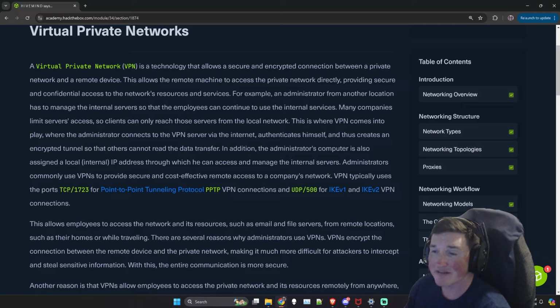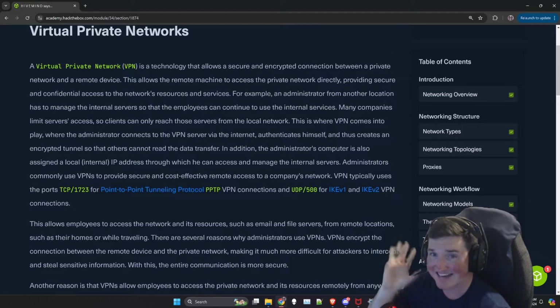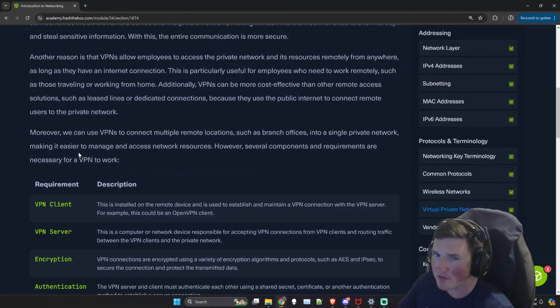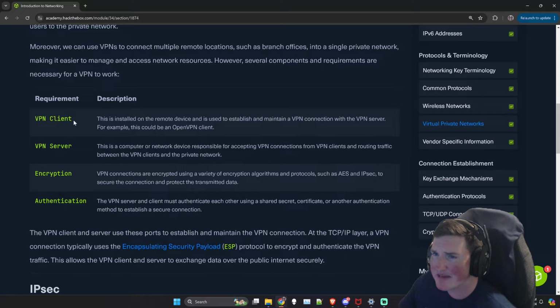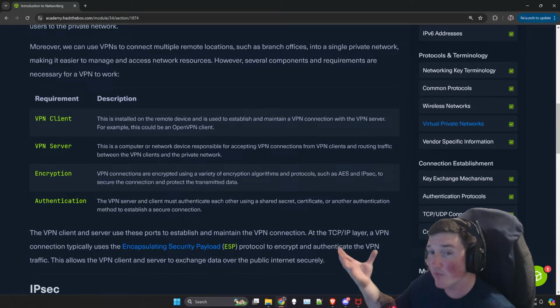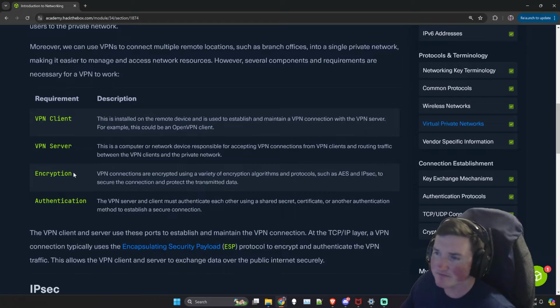So it's a way for me to trust that even though I'm not sitting physically where I'm plugged into the switch, I can connect to everything as if I'm sitting in that building. So that's the point of a VPN, right? Most of you are familiar with the VPN. That's a general overview. You have the VPN client, that's whoever's connecting to it, the computer, whatever. The server is what's waiting for your connection and listening. Encryption is whatever encrypted protocol or algorithm you decide to use to encrypt that data.